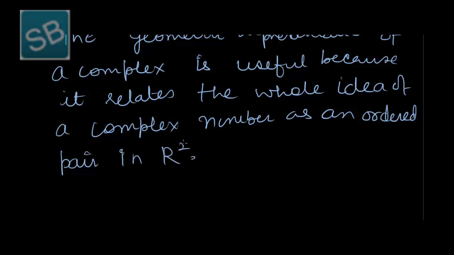As complex numbers are typical ones, it is very easy to locate these complex numbers, because complex numbers are converted into ordered pairs and that can be located in the form of the R square plane,